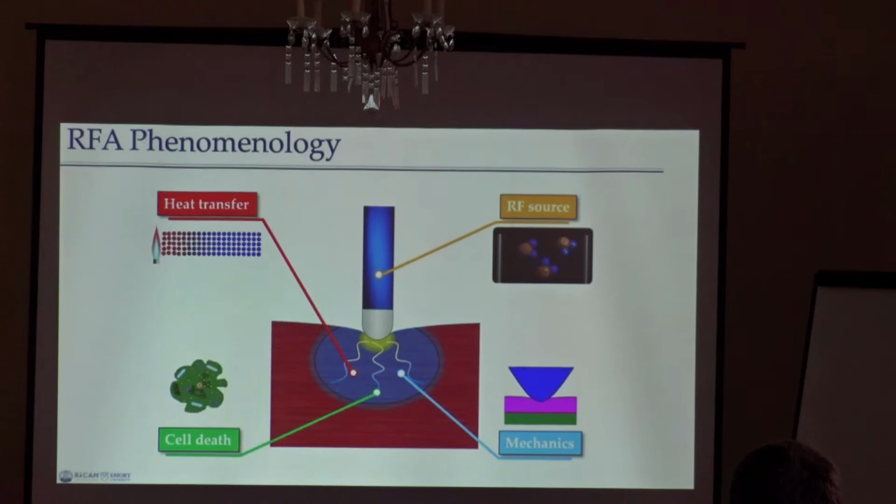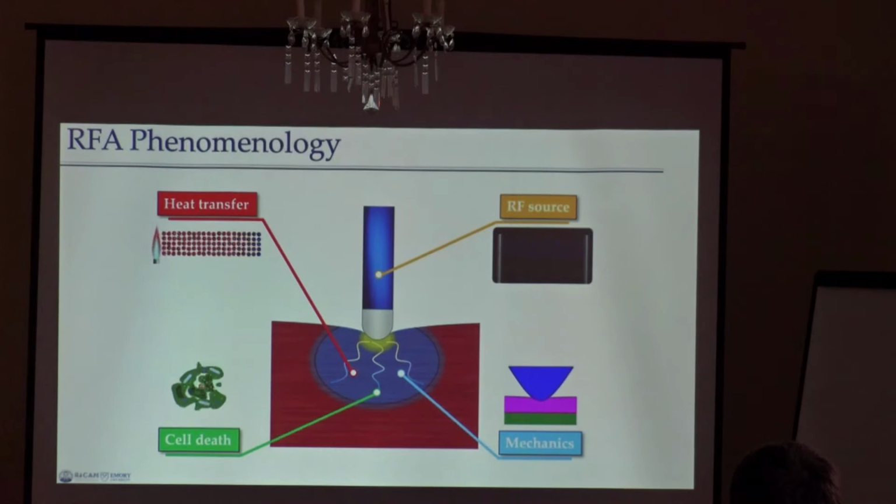The radiofrequency source accelerates the kinetic energy of the water molecules, and we generate heat. So different scales as well. And there is a big problem of heat transfer in biological media. It's very, very complex. And then the aim is to kill the cells, but in a controlled manner,